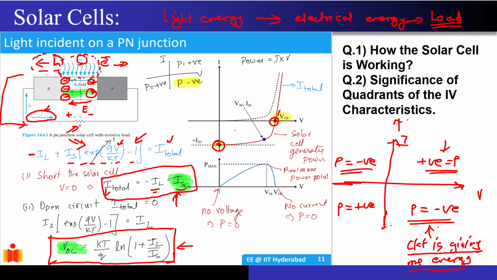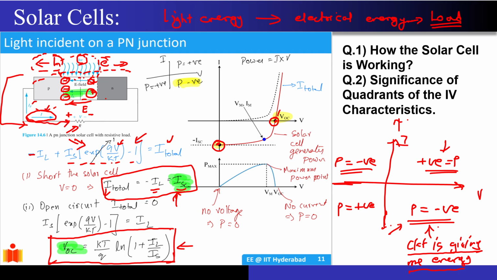It is just getting converted into the electrical energy, and this is why the graph is present in the fourth quadrant. It is suggesting that when you take this material and connect a load across it, you will get the power delivered to the load instead of burning the power in this device itself. I will just repeat this statement once again. Once you arrange a circuit like this, instead of having this device consuming the power, this device is actually delivering the power to your load.